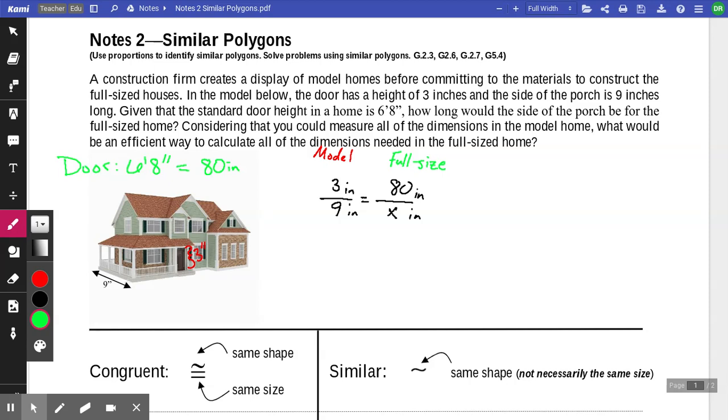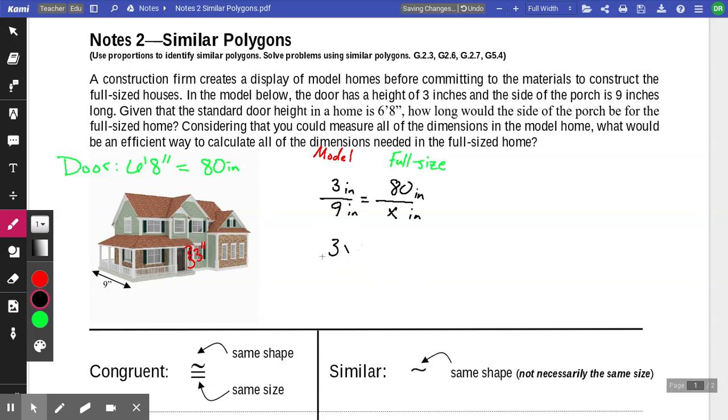As long as we're consistent here, and you can see one way to organize this would be to put your model values in one fraction of the proportion. So for the model, I've put the height of the door and the length of the porch. And as long as I do that same thing over here for the full-size home, we can solve. And so for the full-size home, I followed suit. I put the height of the door over the length of the porch, which we're going to find, and that's why I put x. And you can also notice I converted everything into the same units for ease of finding our solution. So as far as solving this, we can cross multiply and we get 3x